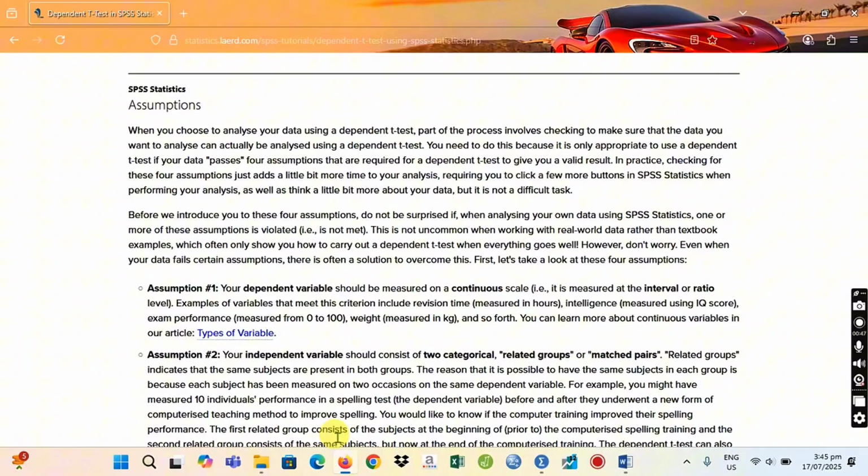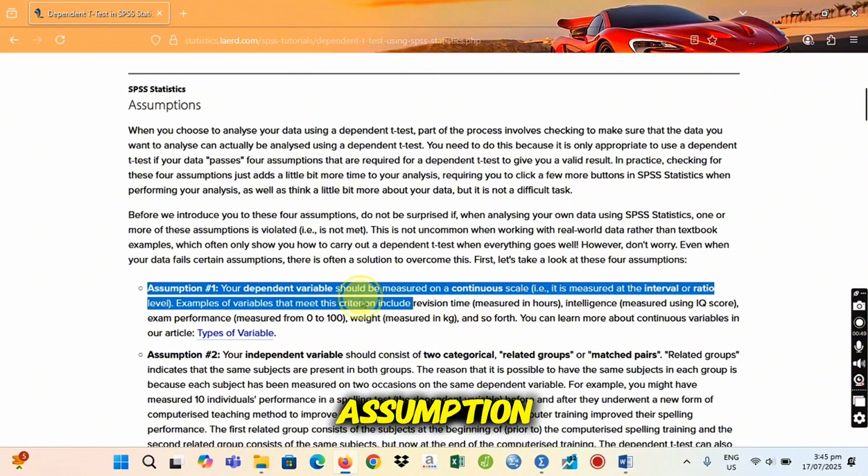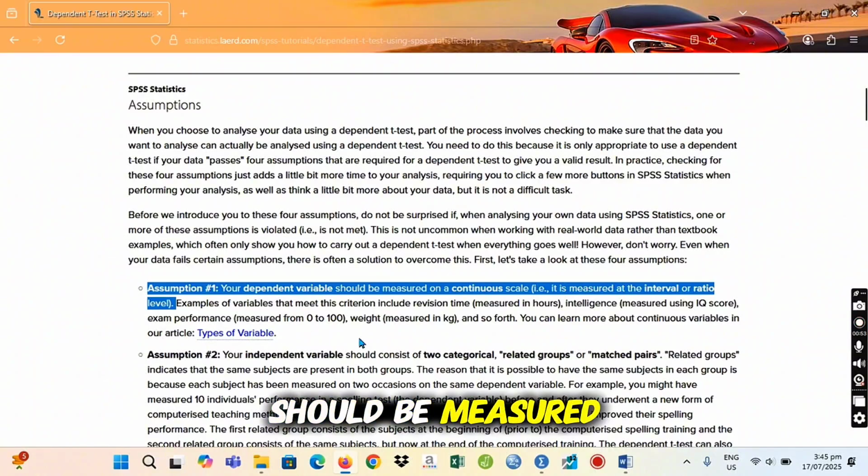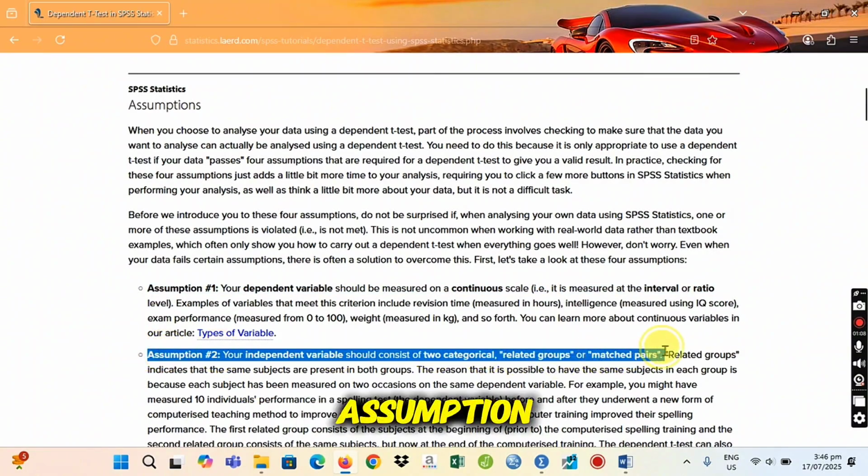So let's go back. For the first assumption, your dependent variable should be measured on a continuous scale. So from the given, the memory performance is a continuous scale since it is numerical. For the second assumption, your independent variable should consist of two categorical related groups or matched pairs.